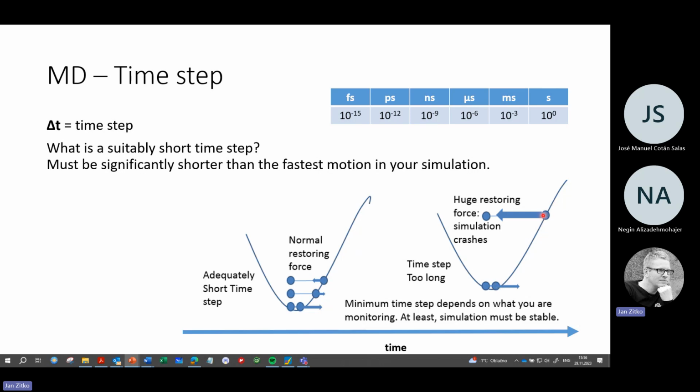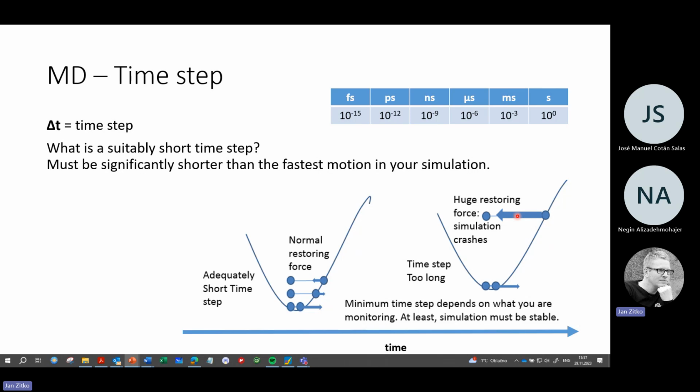What it means is that particle B will get too far away from the equilibrium, and there will be a much bigger force which will try to pull the particle back. And actually, if your time step is too big, this force can be so high that it would, in theory, if you do a simple calculation, like the velocity is the acceleration divided by mass,